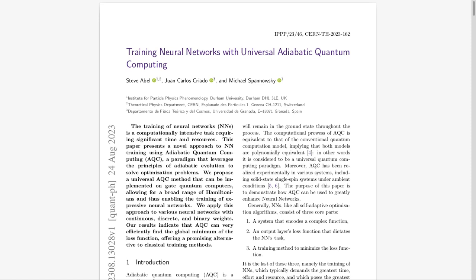Yeah. Imagine a world where AI can solve these incredibly complex problems, like designing life-saving drugs or revolutionizing material science, all while being faster and more efficient than what we can even imagine today. It's like we're on the cusp of a whole new era of computing where those limits of what's possible are just constantly expanding. Exactly, yeah. And the best part is, you don't need to be a quantum physicist to appreciate the impact this could have. Right. If quantum computers can make AI significantly better at solving problems, it benefits everyone.